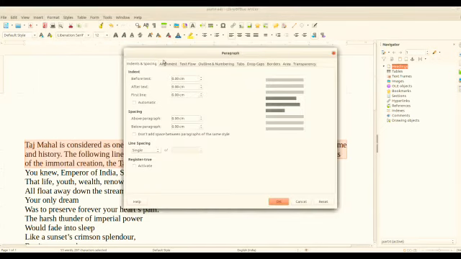Then different tabs are there. From this select indent and spacing. Indent and spacing means it is used for giving some space for the first line, or giving indent for the paragraph. For the first line, if you want to give indent or space, increase it. While increasing we can see the changes here.